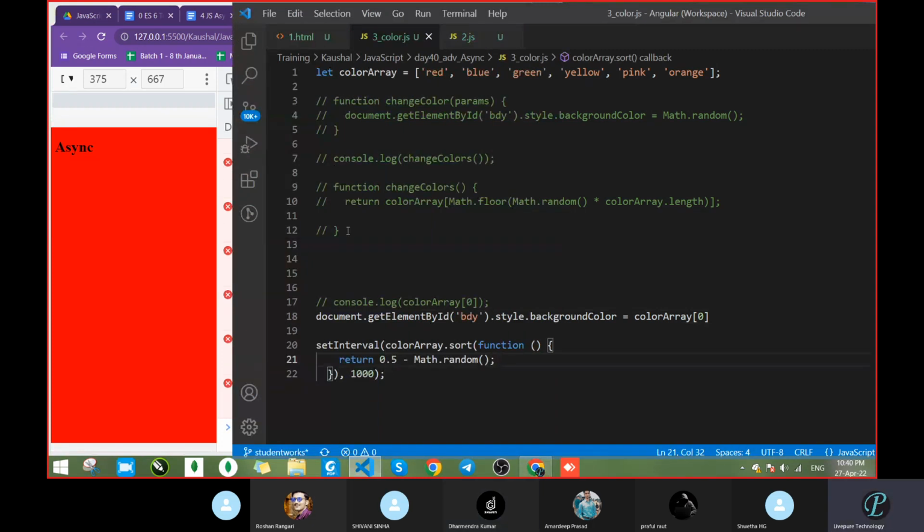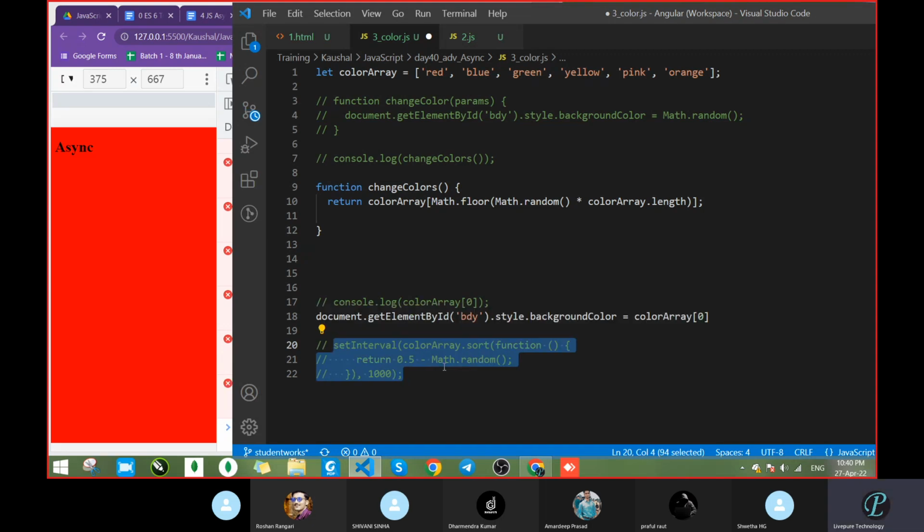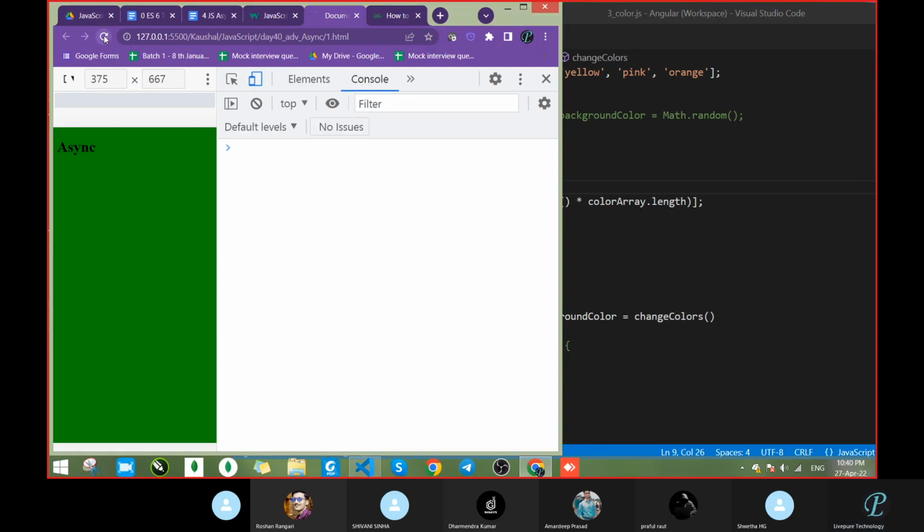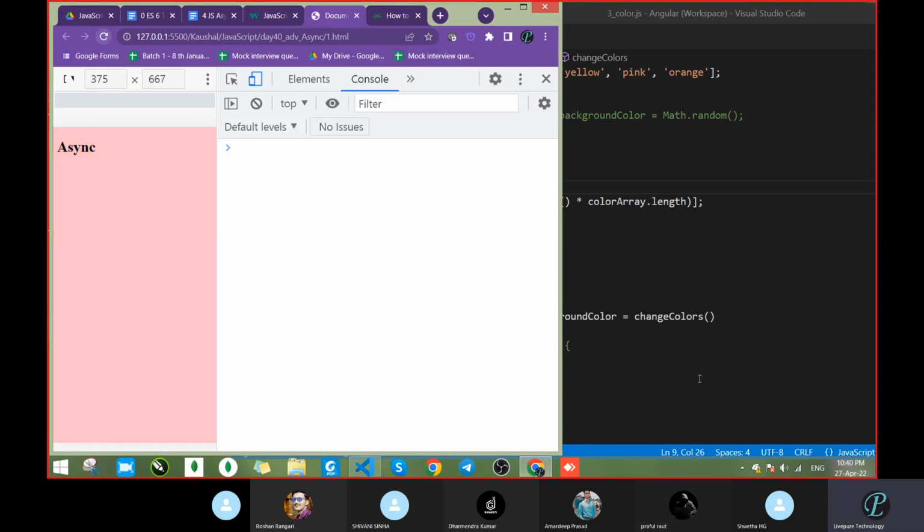We can do one thing. Take this one. Change color. That was also working fine. Correct. And change color. Take this and remove this one. Pass this. Anyway, it will return the value. Let's see. We got green. Console is not written. Okay. Write console there. Where can we write console? It will not give color here. Anyway, okay. Let it reload. It is giving a different color. Fine.